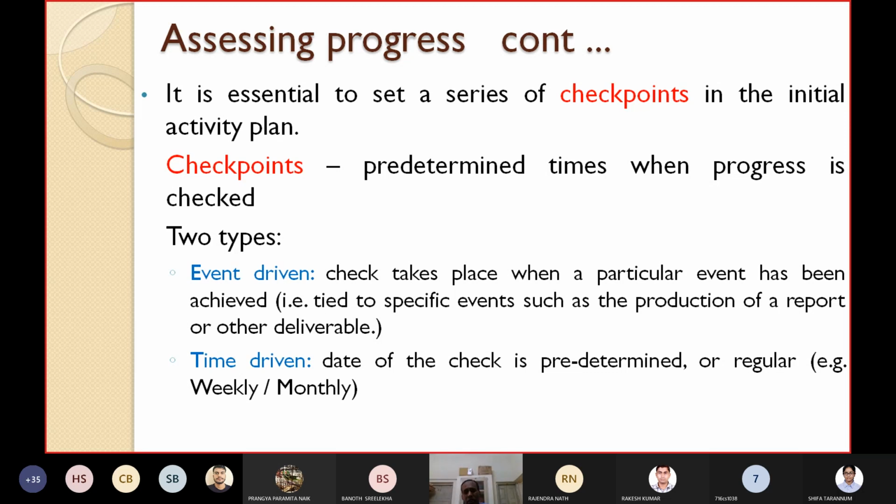When one report, say a monthly MIS report or sales report or admission report, is produced every month, time is not taken into account, only the event, when the final allotment is done, or the sales report is printed, you say that is a checkpoint. So here time is not taken into account, only when some event occurs, maybe printing out or producing a report. Then when any report is produced, you say that is one checkpoint.